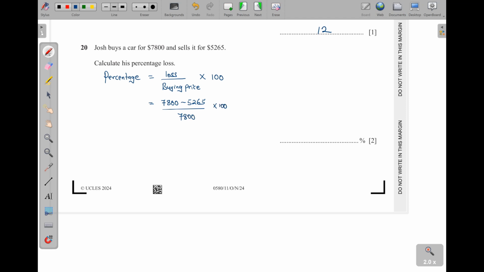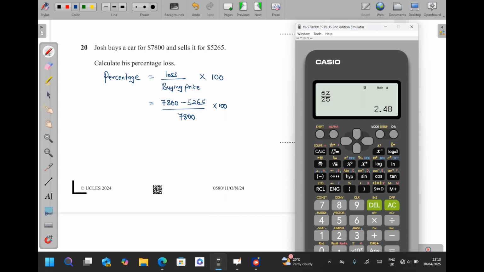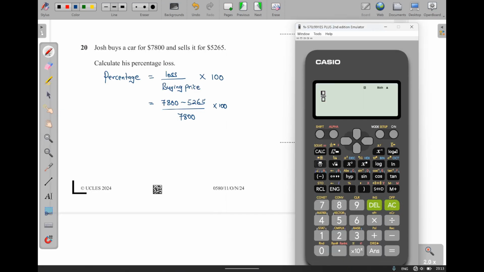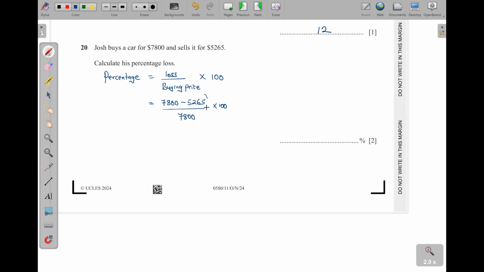Okay, now we can put this in the calculator, and we say 7800 minus 5265, then divide by 7800. Then after this we can say times 100, and this one can give us 32.5. So this is 32.5. By the way, here I'm using a calculator because these papers were set when a calculator was allowed,